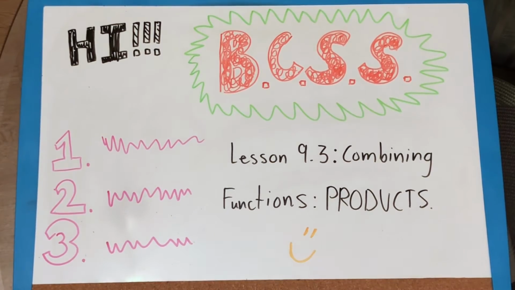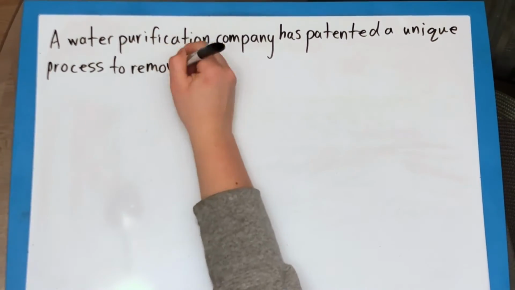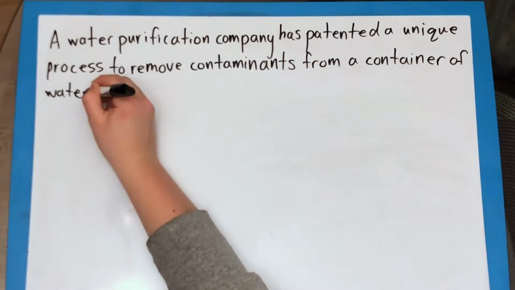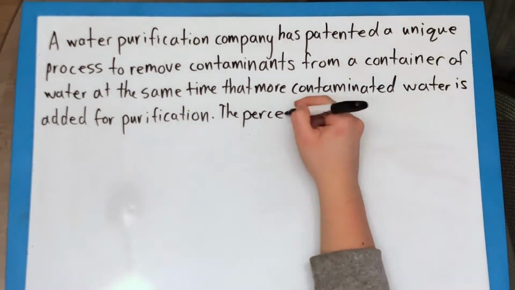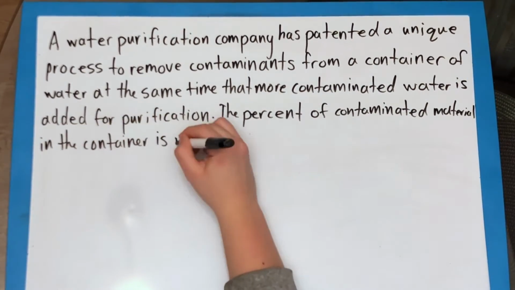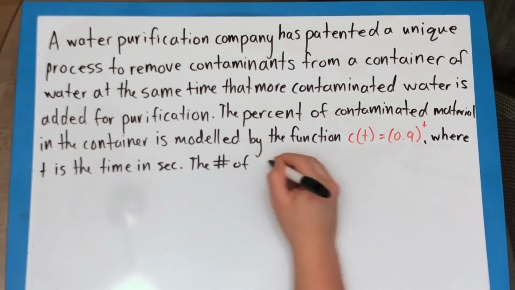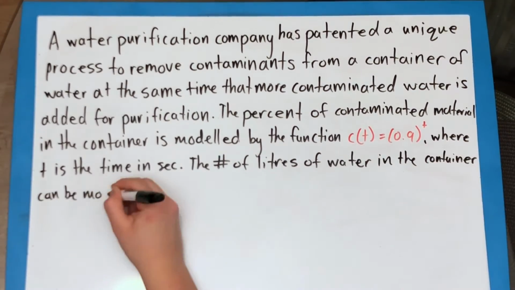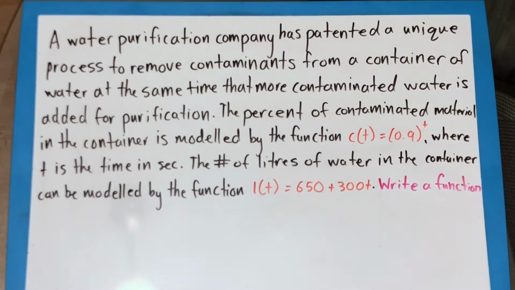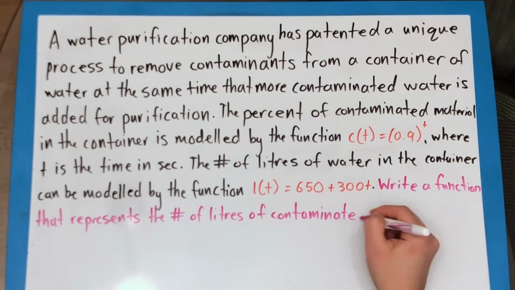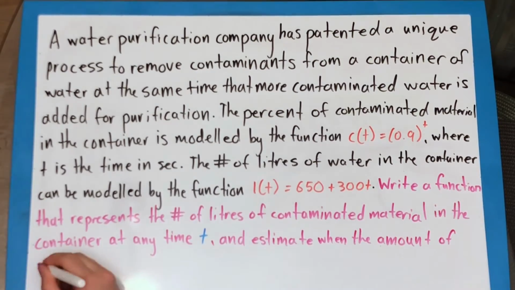So up next, I'm going to read the question for you guys. A water purification company has patented a unique process to remove contaminants from a container of water at the same time that more contaminated water is added for purification. The percent of contaminated material in the container of water being purified can be modeled by the function C of t equals 0.9 to the power of t, where t is the time in seconds. The number of liters of water in the container can be modeled by the function L of t equals 650 plus 300t. And it asks you to write a function that represents the number of liters of contaminated material in the container at any time t, and to estimate when the amount of contaminated material is at its